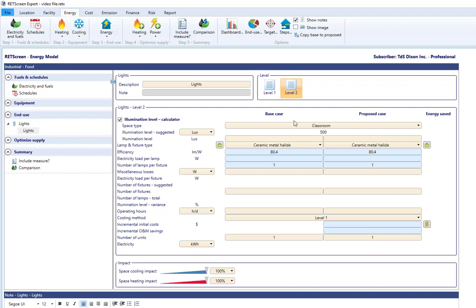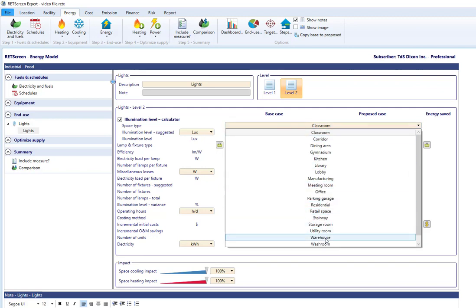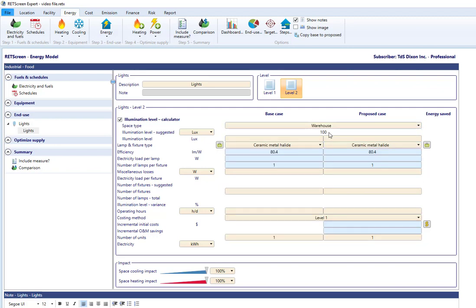In this example, we're going to be analyzing a warehouse, so I'm going to select warehouse for my space here. It will tell me that my suggested lighting level in a warehouse is 100 lux. I will probably measure the warehouse lighting level right now and ensure that I know what it is. I'm going to go with 100 lux as the existing lighting level. RetScreen will use this to suggest if we are going to be diminishing or increasing lighting levels once we've selected